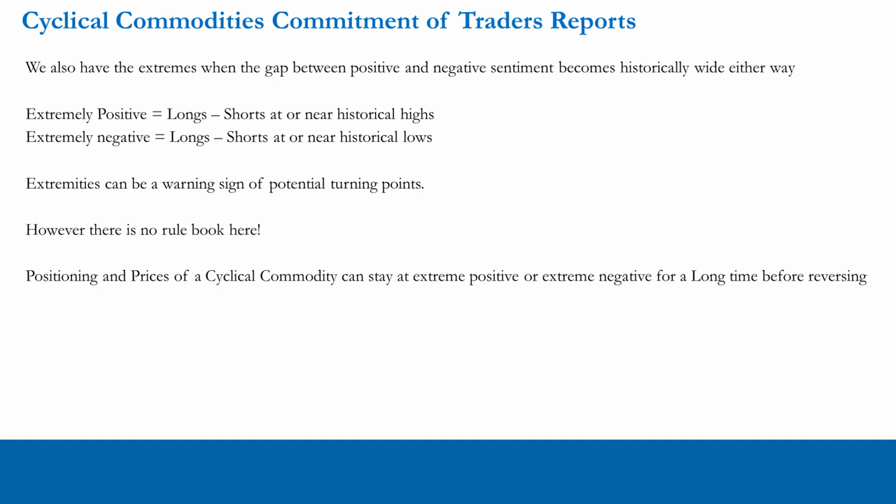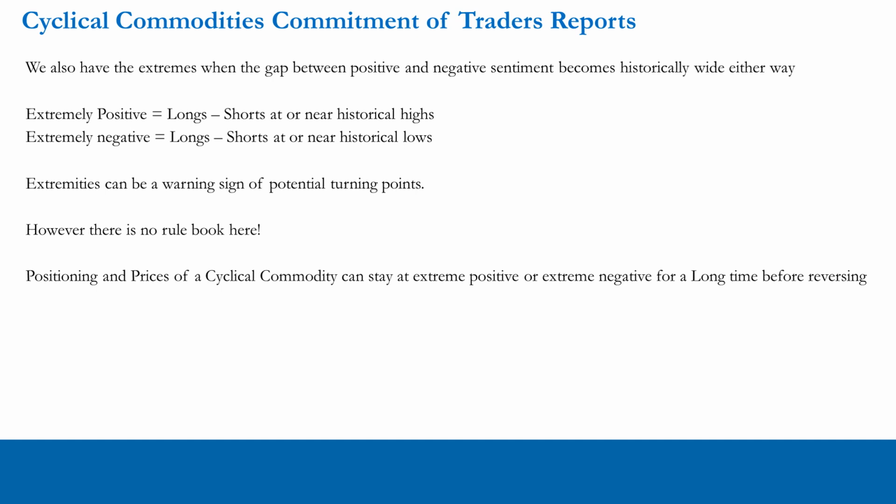So when we have extreme positive, it basically means that longs versus shorts are at or near historical highs. When we have extreme negative, it's because the longs and shorts, longs minus shorts, are at or near historical lows. So when we witness these extremities in cyclical commodities, it can be a signal or a warning sign of potential